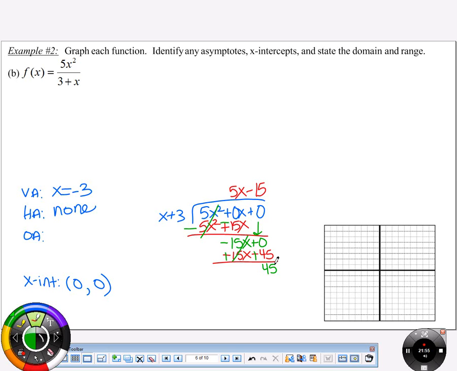So the actual answer to the division problem is this with a remainder. But we talked about for our purposes, when we're just trying to see what's happening at the ends of the graph, the remainder doesn't matter at the ends of the graph. So we just use this other part to build our equation. Okay? So there was no horizontal asymptote, which meant we knew we had to go get an oblique one. To get an oblique one, it meant we had to divide, and we just care about the part of the quotient without the remainder. Okay? So our oblique asymptote is y equals